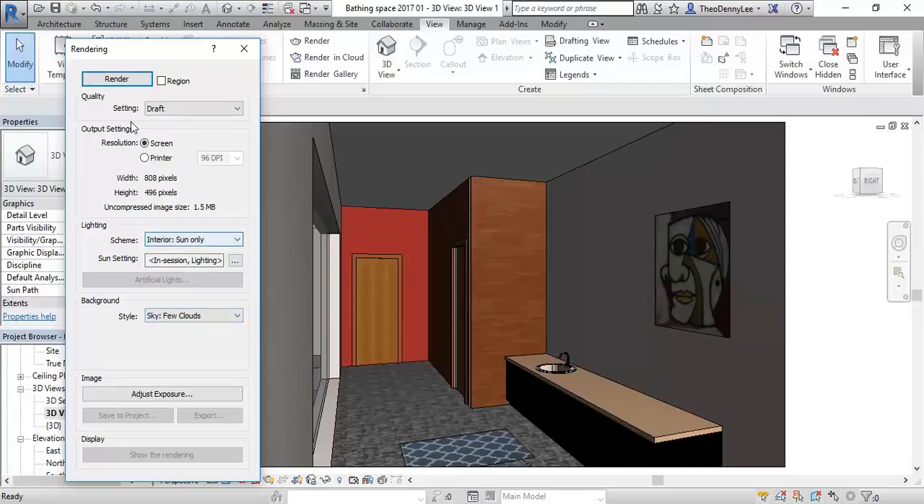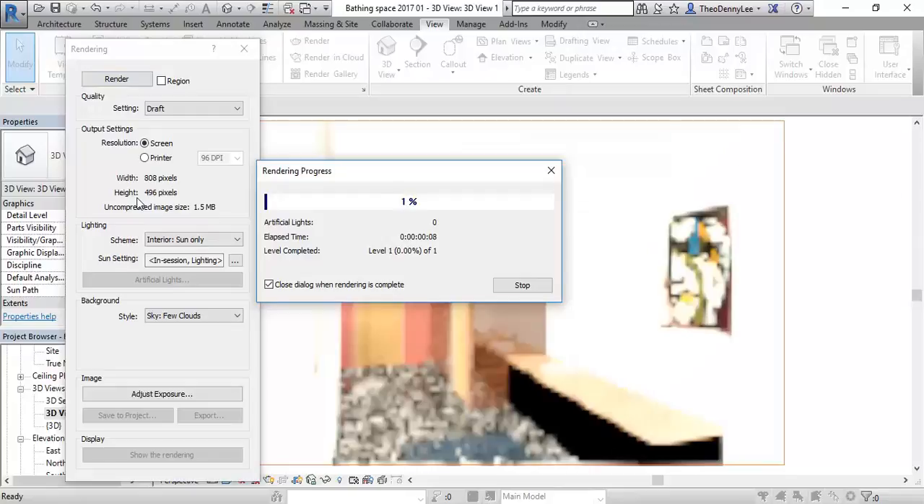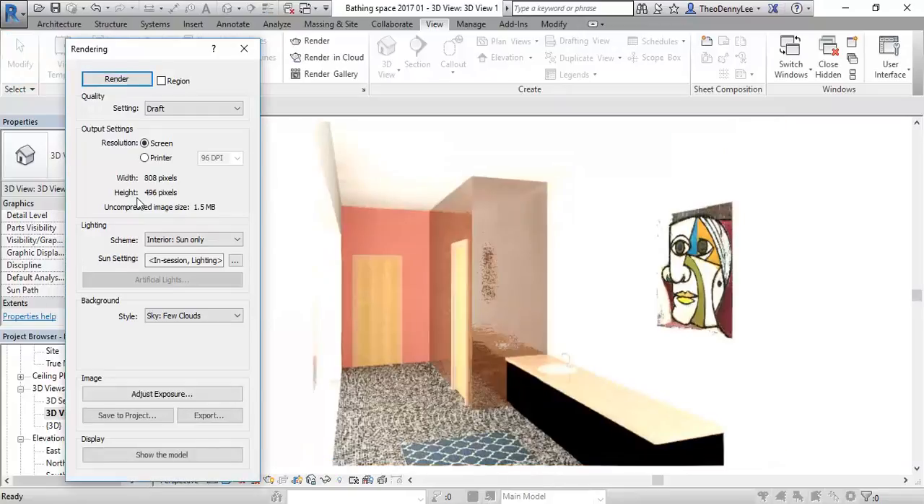So with interior sun only, that's the only option I've chosen, and I'm going to click Render and let it render on this computer. Okay, so that's not too bad for a quick draft render. But, well, what's the major problem there? Apart from the quality being not great on the material,